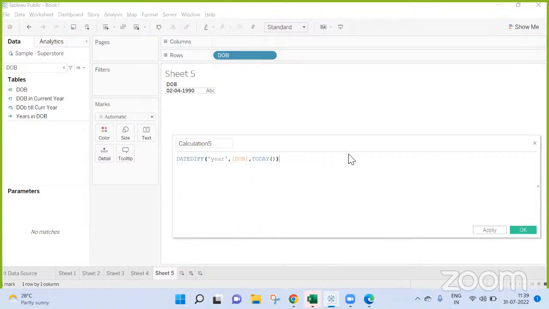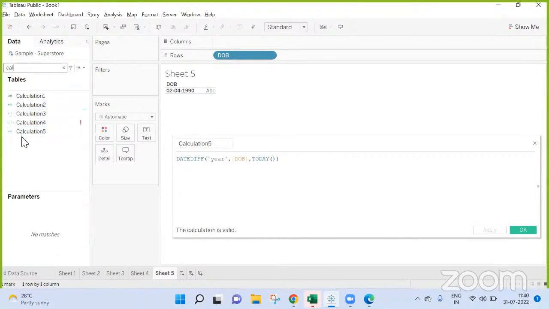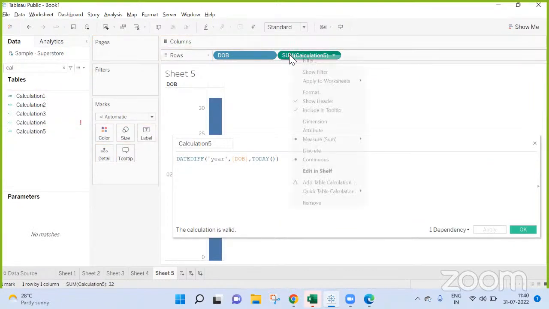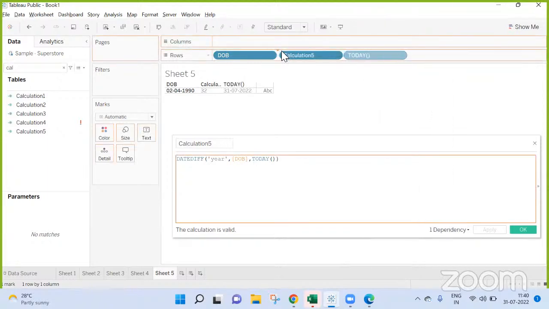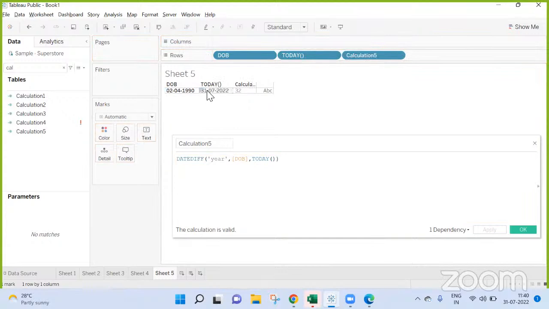So this will give me, let me bring my calculation file. If I bring this calculation file, dimension and then discrete, it is giving me 32 years. But is it really 32? Because what is my today value? Now, if today's value is, it is at 2/4/1990, and when I am taking 32 years, yes, it is covered till 2/4/2022. I'll write that calculation as well.